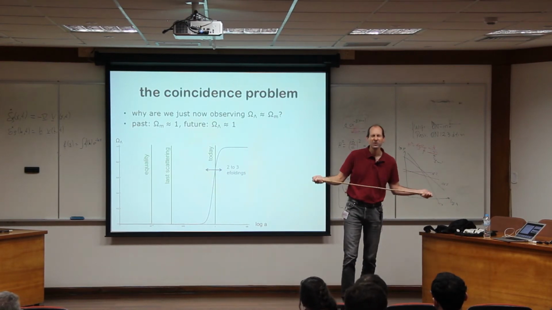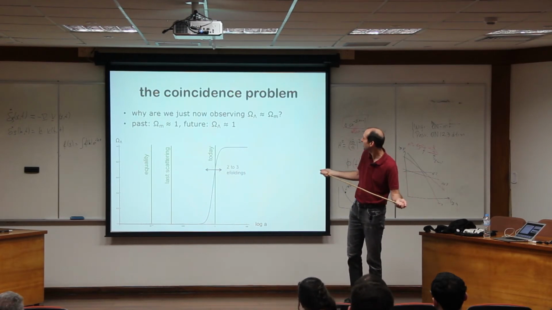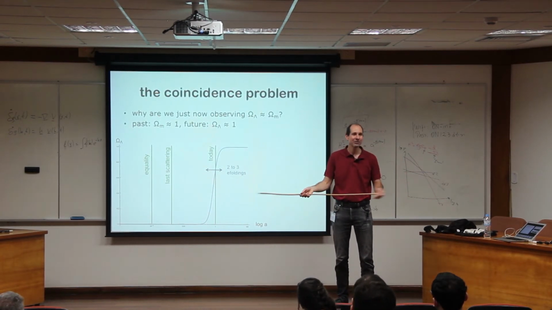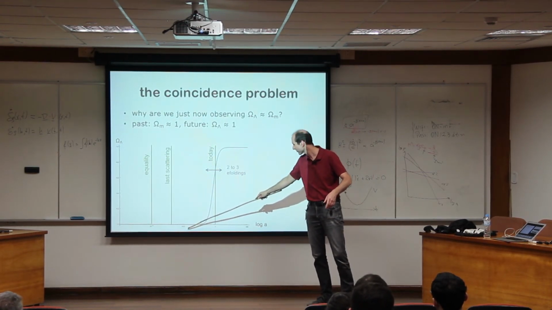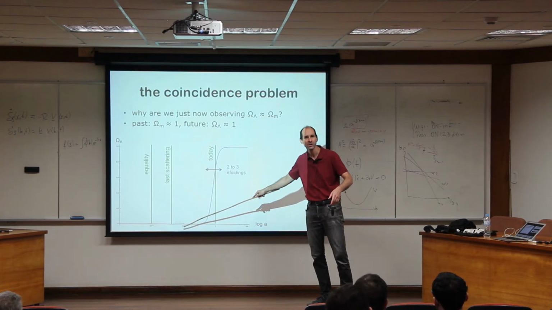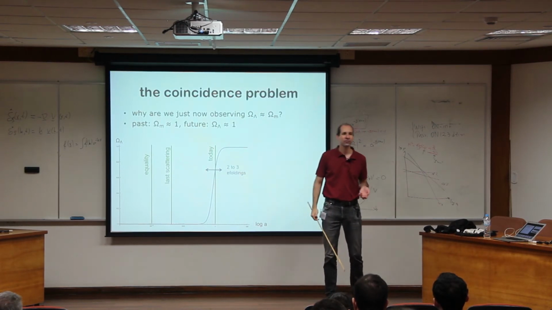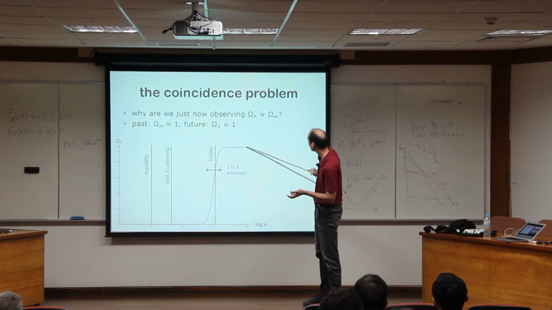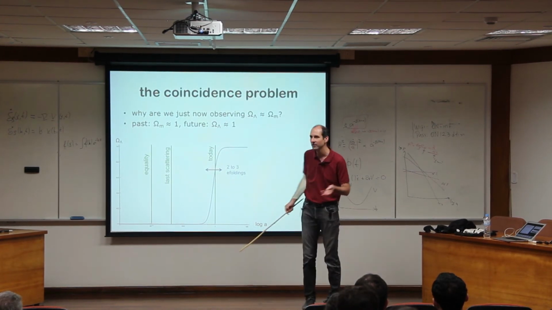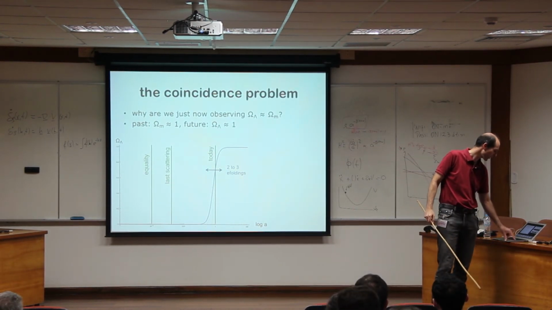Whether this should bother you is hard to answer. I'm not extremely bothered by it. The question is mostly why don't we live somewhere else. We can't really live here, because we didn't form structure at a redshift of 100. So we could live here, but at some point, of course, stars run out of energy, and then the universe becomes a very boring place. So there is not an infinite amount of space here either, but it's really kind of hard to say whether it's a problem or not. But people worry about it.